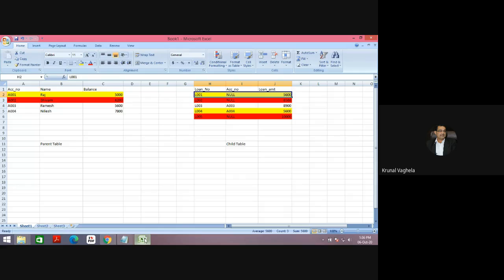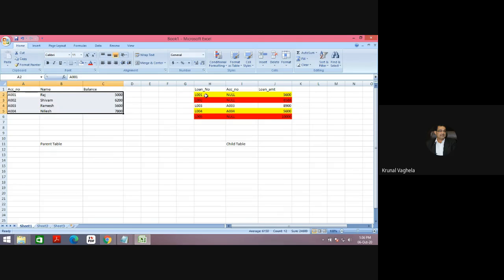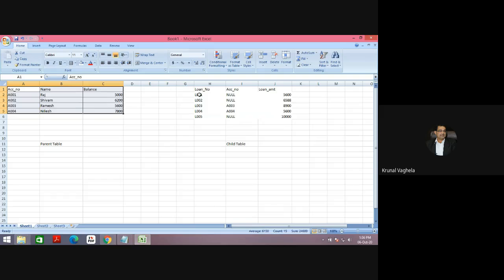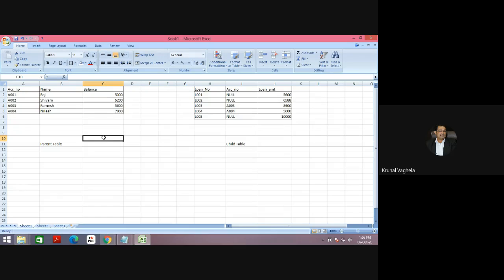So ultimately, the rule of parent and child is that I cannot delete from the parent table unless the entry is there in the child table.